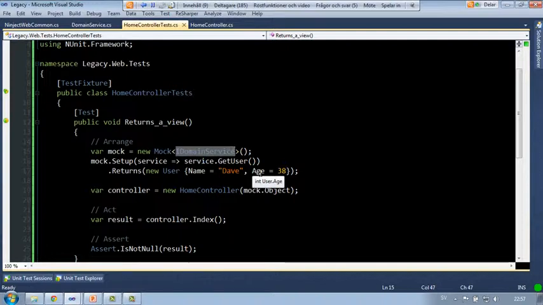Because remember, from the beginning when I told you that unit testing isn't complicated? Well, okay, I lied. When we talk about mock objects, stuff starts to get a bit complicated. Sometimes, not all the time, but with mocking, it's a different level. And I would recommend this: if you haven't done any unit testing before, and unit testing, dependency injection, and all that is new to you, I would recommend you